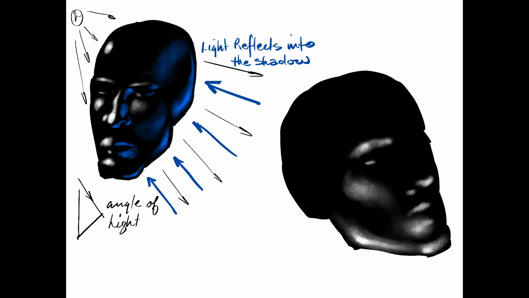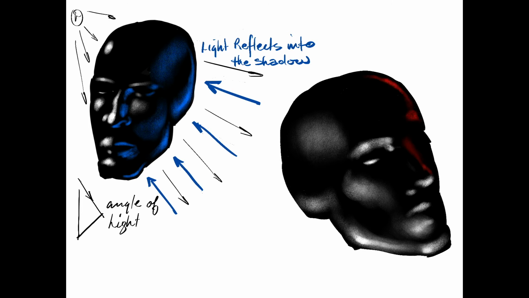But to keep things simple and start to grasp the idea, look at how I am just applying the highlight relative to one light source in one angle, and then allowing the light to go past and bouncing back and positioning itself on the form of the head directly opposite to the highlight. And I create this quick, luminous, accurate depiction of simple highlight and simple reflected form on a silhouetted shape, and it just jumps off the